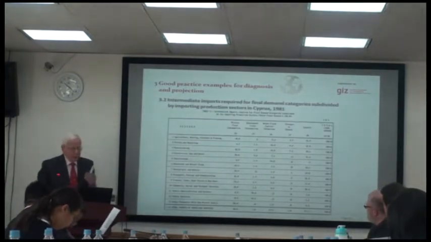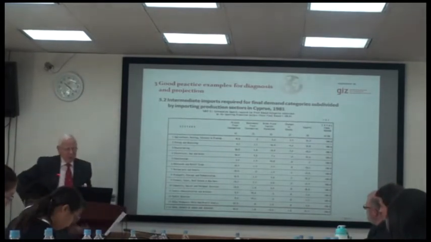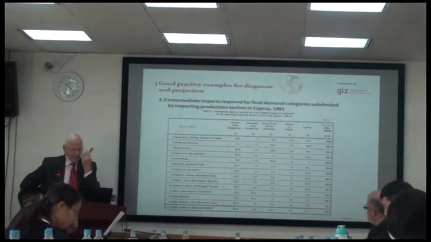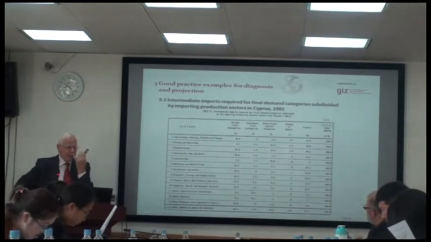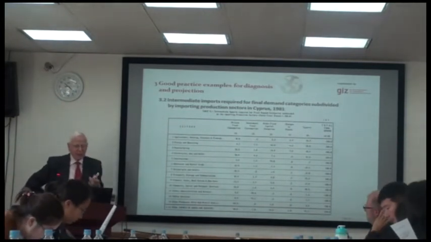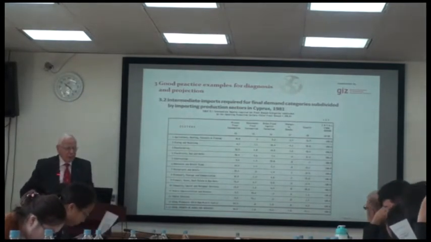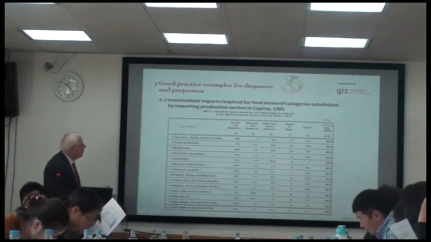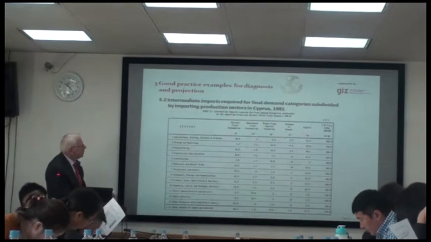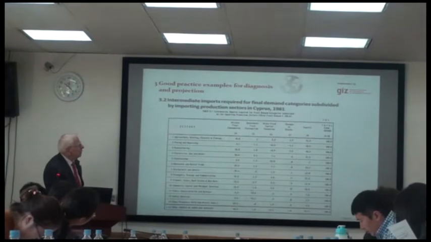We have also looked for intermediate imports required for final demand. I think these were my first consultancy I have done already in the year of the last century. In the 80s, I was 10 times on the island of Cyprus. Cyprus is an island in the Mediterranean, and there we made the same compilation. We have shown for what reason we have needed the intermediate imports required for the different final use, for final consumption, government, capital formation, exchange and stock, because this is more or less the same classification you have now in your table, but we have had also the changes in valuables.